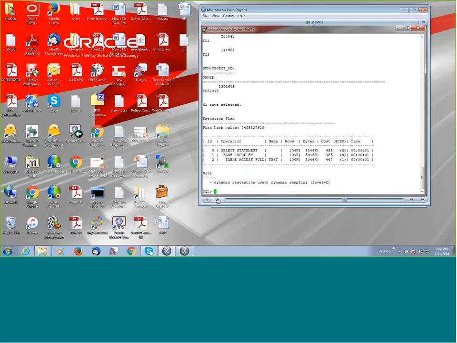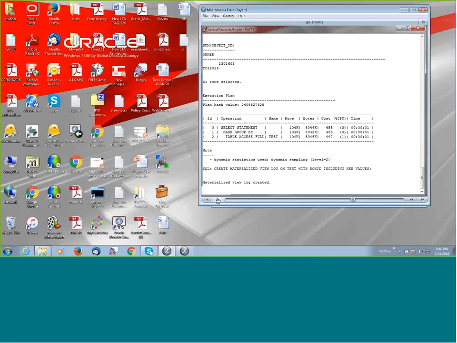So this is the execution plan of a simple select query. In the operations column, you can see table access full, and under the names we have the table name, that is test. Since as of now we don't have any materialized view, and we don't have any query rewrite enabled, the master object, that is test, has been used to fetch the results.